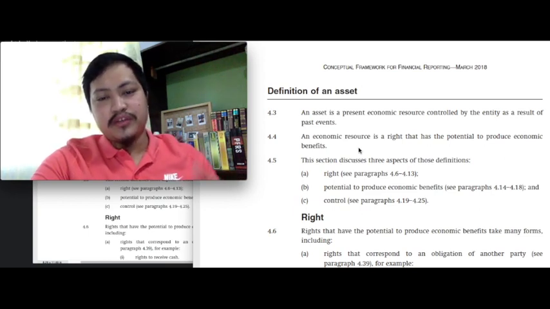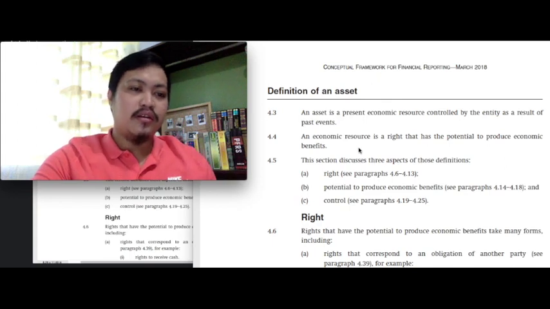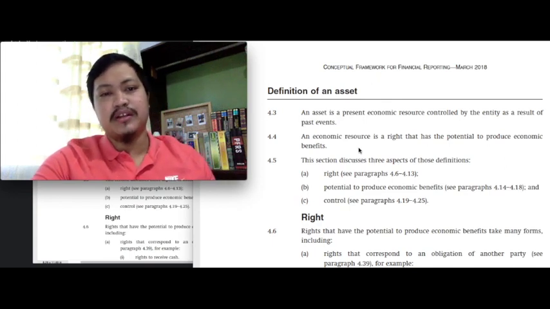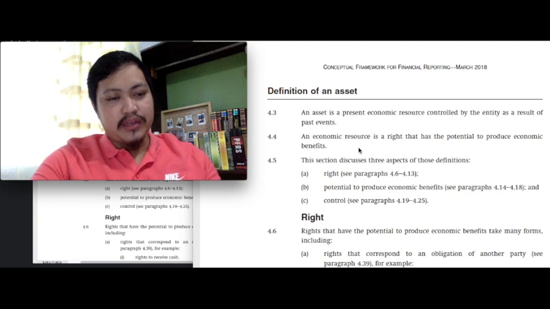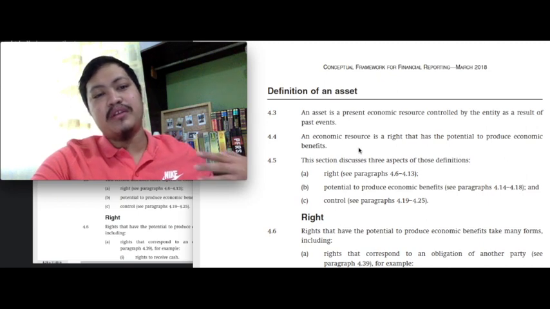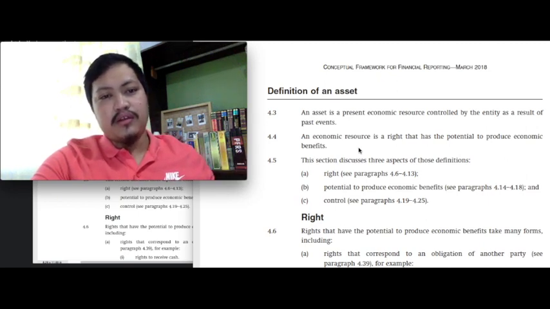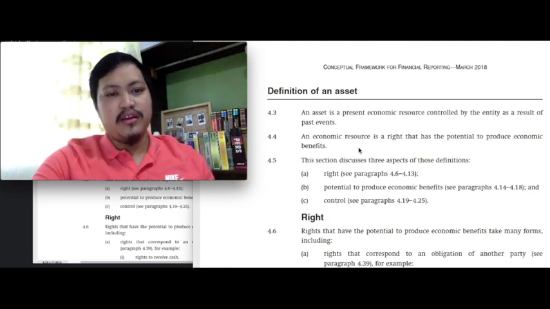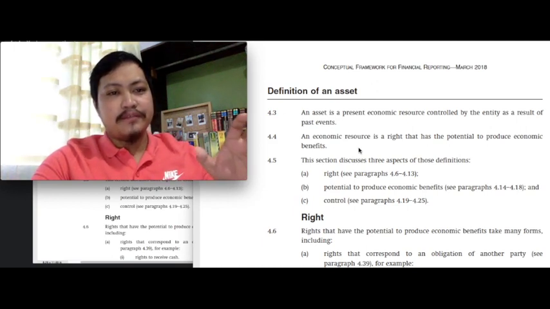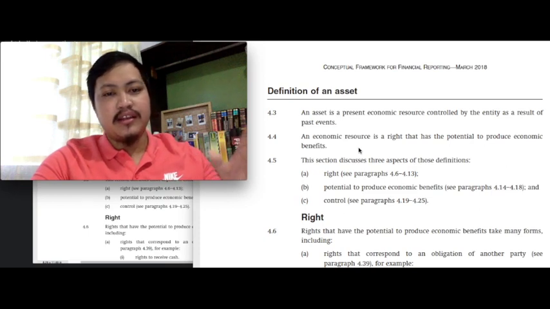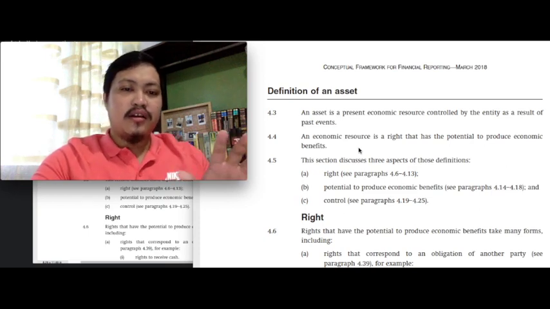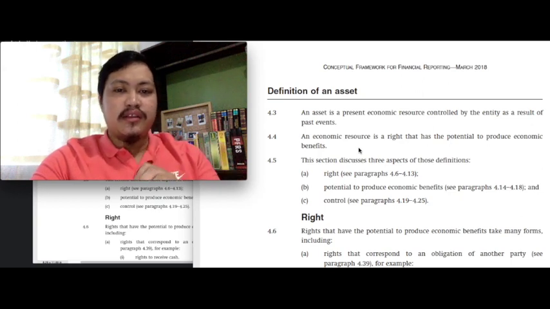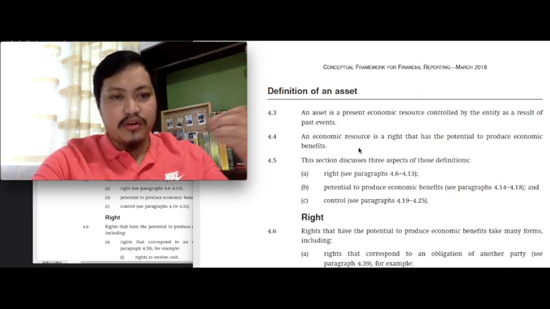The expectation on your part is to simply be familiar with the various measurement models or the various measurement principles, class. So, as I will discuss later, class, the expectation on your part would just be to be familiar with the various measurement principles and to have a basic understanding of what they mean and how are they used in the standards. Okay? And the hope here, class, is that by the time we have discussed the standards, class, then the concepts discussed in the conceptual framework would now be